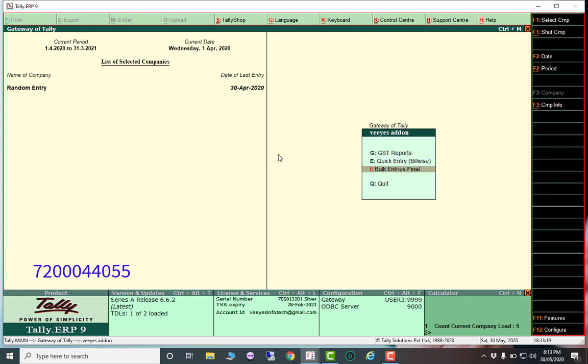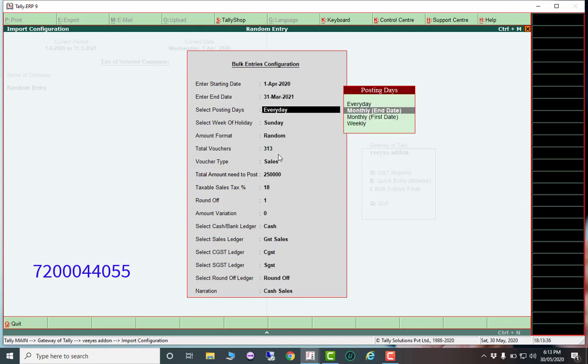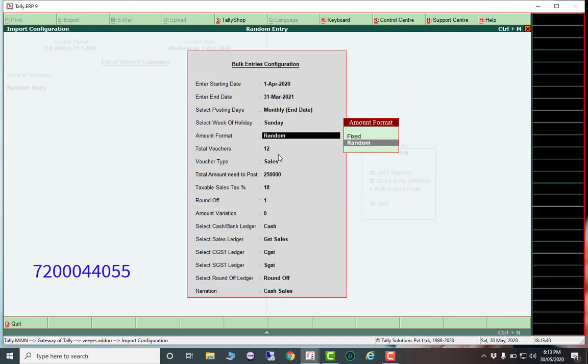Now I am making, for example, payment entries for IT purpose. I am making the rent entry. Just see, 1 April to 31 March 2021. Month end date, Sunday not there, and fixed 12 per month.